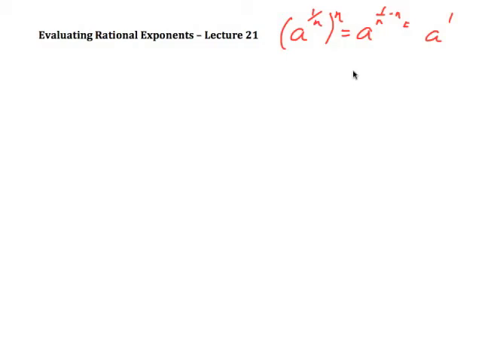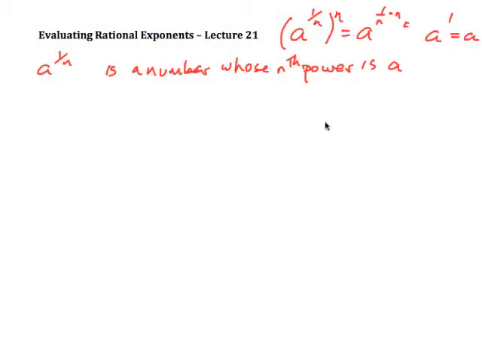Okay? Alright, so consequently, that leads us to a number of things here. This is suggesting here that a to the 1 on n is a number whose nth power is a, because this is equal to a here. Alright, so that leads us to a little bit of a complication, because